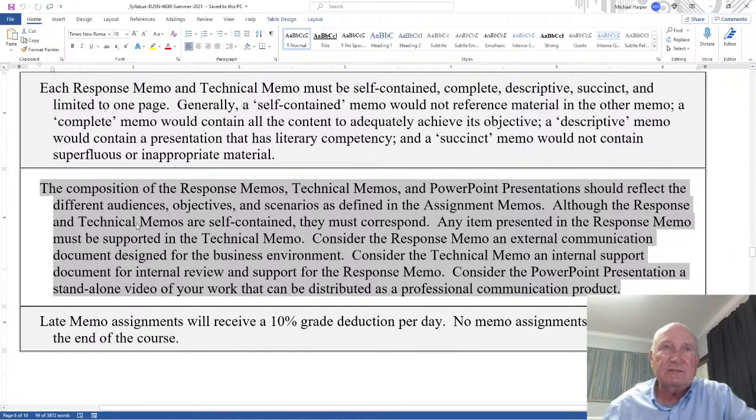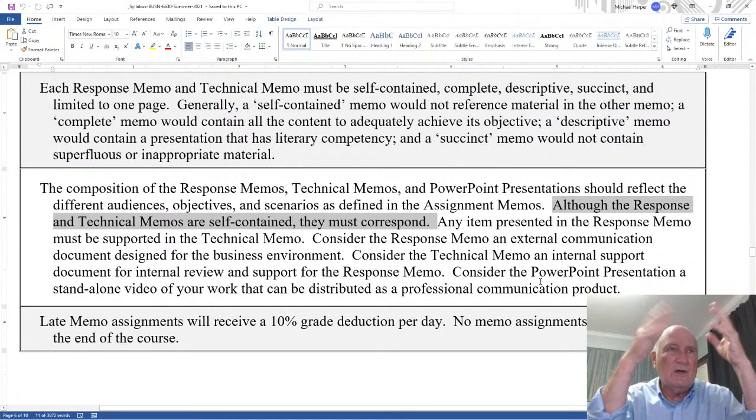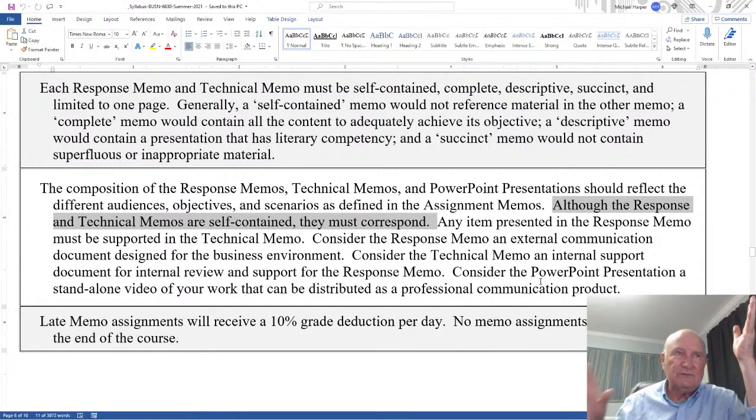Although the response and technical memos are self-contained, they must correspond. What I mean by this is also mistakes people make. The response memo talks about a solution. In the technical memo, you solved a different problem. Okay? In the technical memo, you say, I solved the problem this way, but I use this solution in the